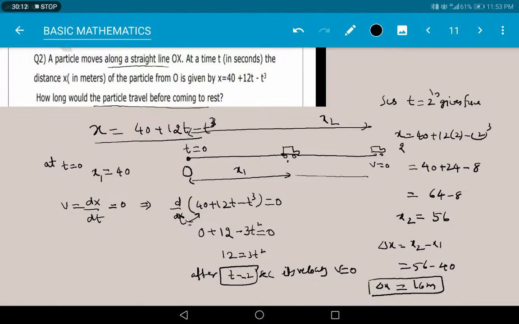Sir, how can you say that already it has some displacement? If you observe this, if you substitute t equals 0, you are getting some constant value here. That means from the origin it is already at a certain distance from the point. It has already covered some distance from the origin. In that way we can analyze.